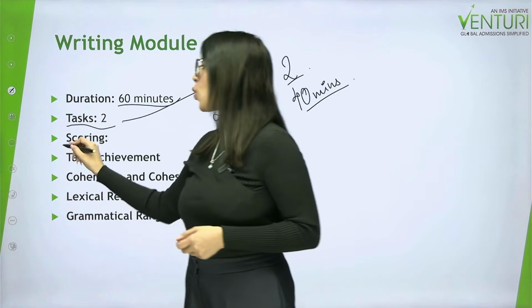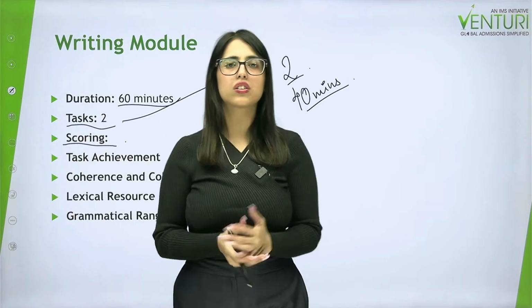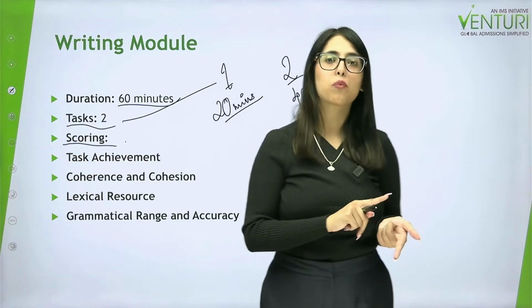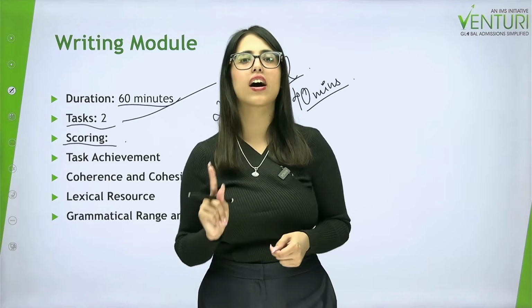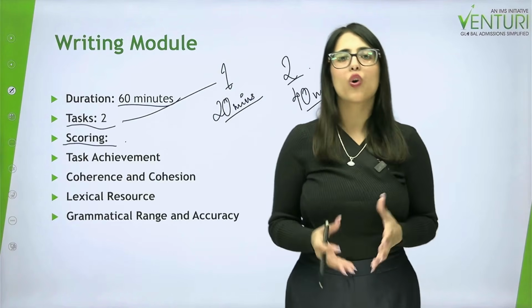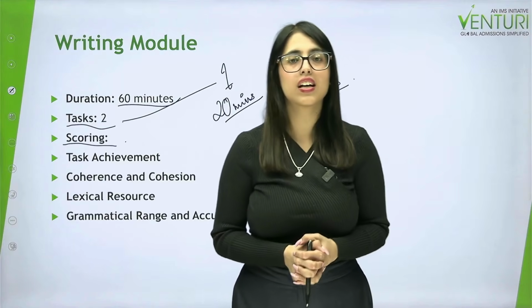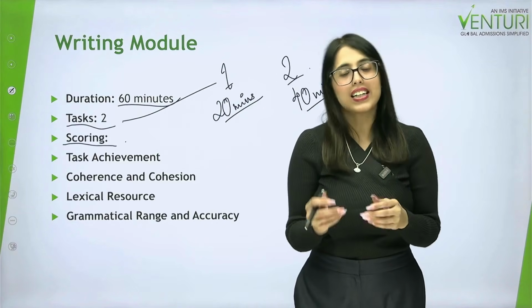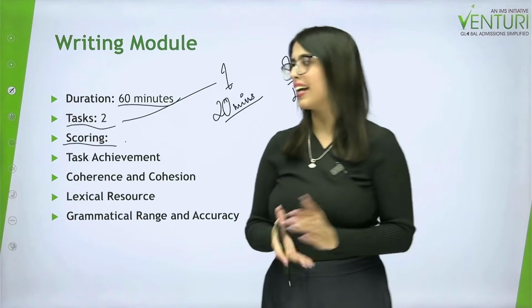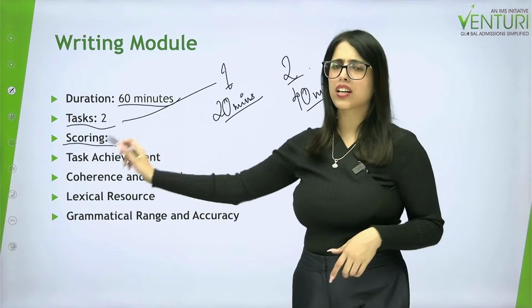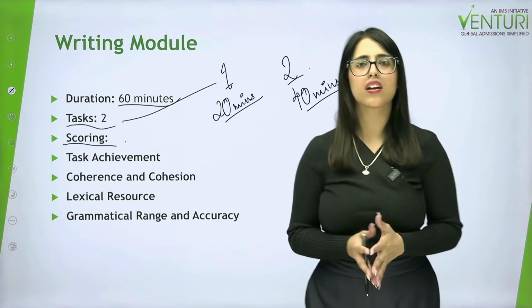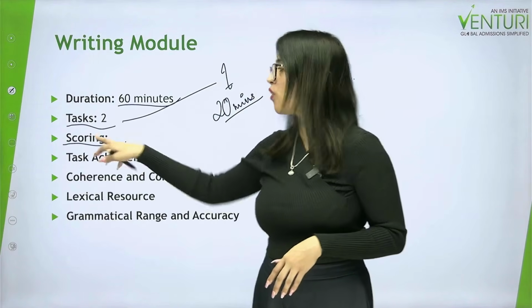Now what is the scoring criteria for this? So students, the scoring for this particular module is not as easy as your reading and listening modules, whereby we were getting 1 mark for getting one answer right. Here it's not as easy as getting the answer right or wrong, but it's more about how well you understand the question, work with it, and address the question in your write-up. So let's first understand the parameters on which they judge you, and then I will tell you what kind of scoring is done for your writing for both the tasks.